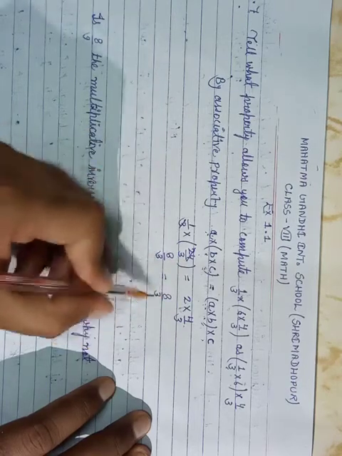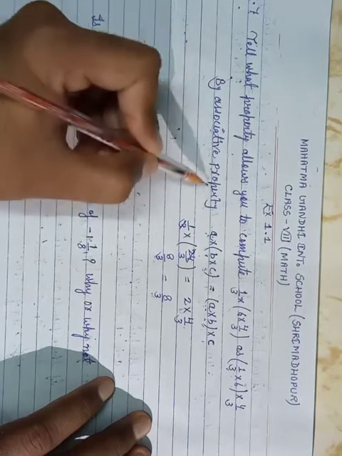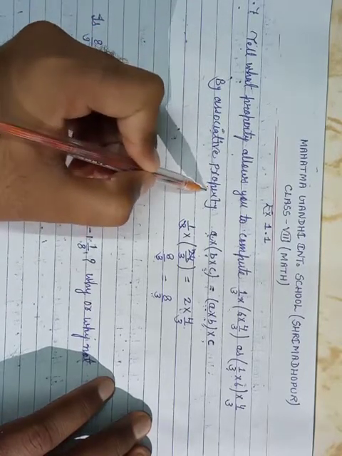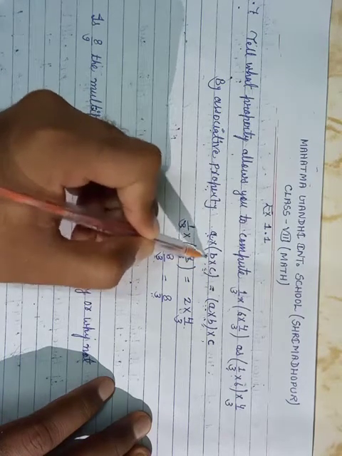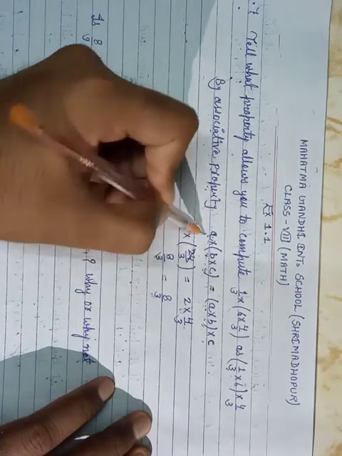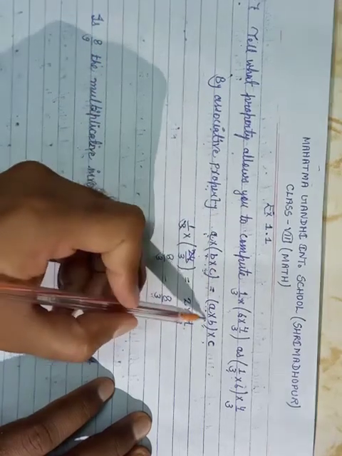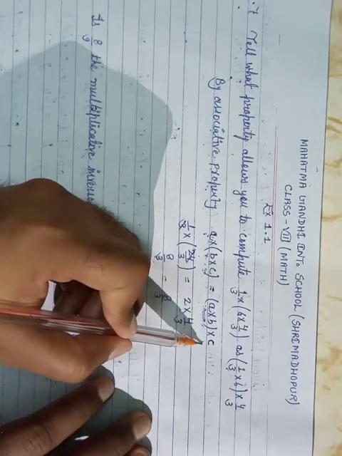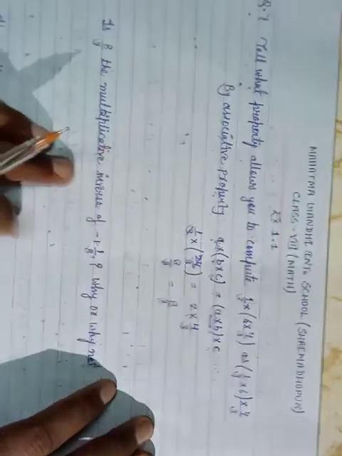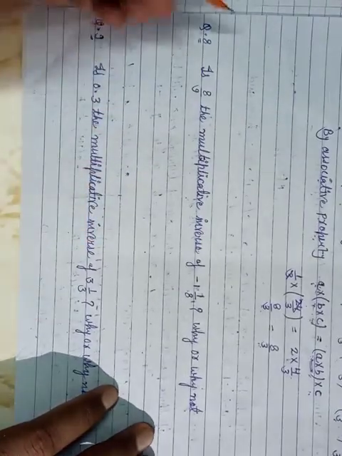You can see here both are equal, so we can use the associative property. According to this property we have 3 numbers, and in the first case we take the last two numbers in the bracket and the first number outside of the bracket, and in the second condition we take the other two numbers in the bracket and outside the bracket will be the third number. Is that clear?